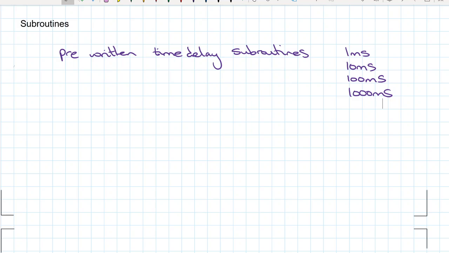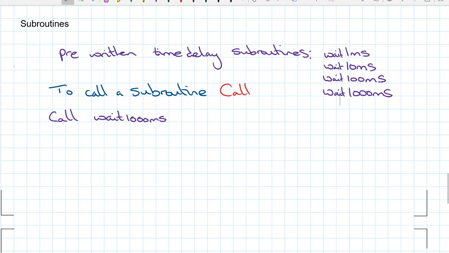So how do we call a subroutine? Well, we use the call command. If I want to create a 1000 milliseconds delay, then I use call with the subroutine, which for a 1000 millisecond delay is called wait 1000 milliseconds. So it goes off. This code, we don't need to know what it is. It gives us a 1000 millisecond delay, and then it would come back to this line here, which is whatever we